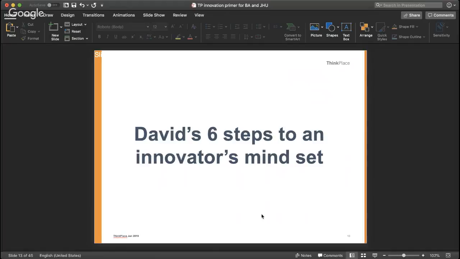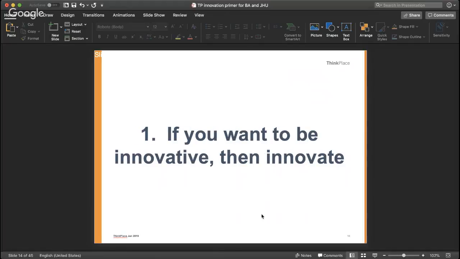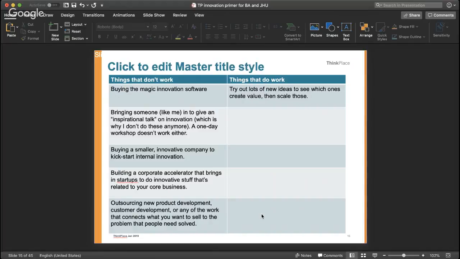And so I'm going to give you six steps. And the first step is that if you want to be innovative, then you need to innovate, right? And it sounds a bit trite, but it's true. And so things that don't work, right? People rush off and they think they can shortcut the process by just buying the magic innovation software. They think they can get someone like me to give an inspirational talk on innovation or run a one-day workshop. They think by buying a smaller innovative company that it'll do it, by running an accelerator program or outsourcing development